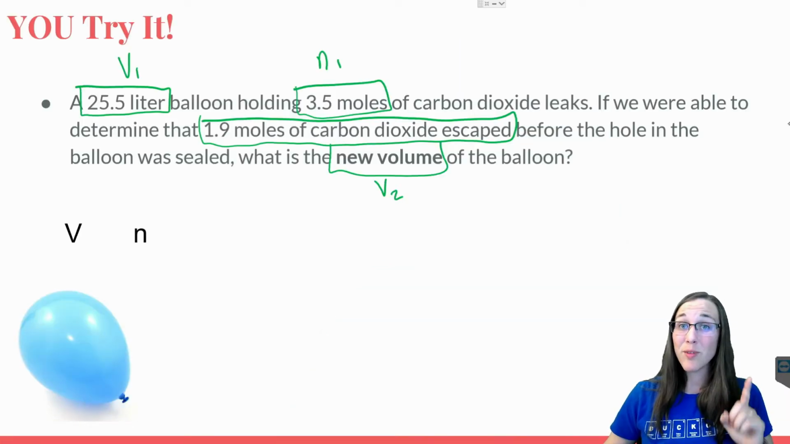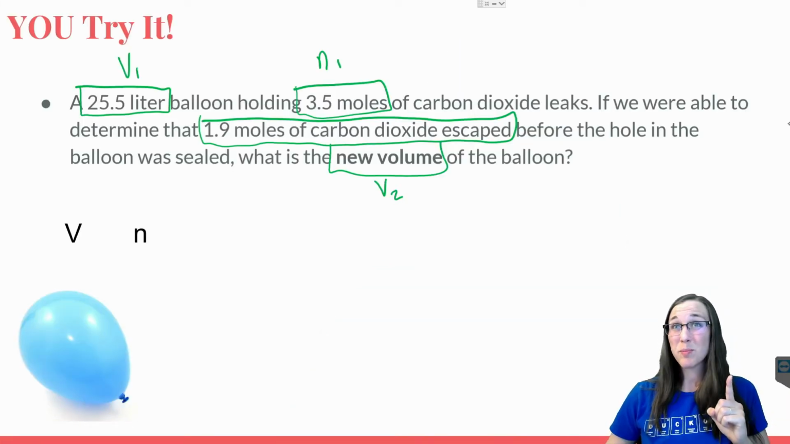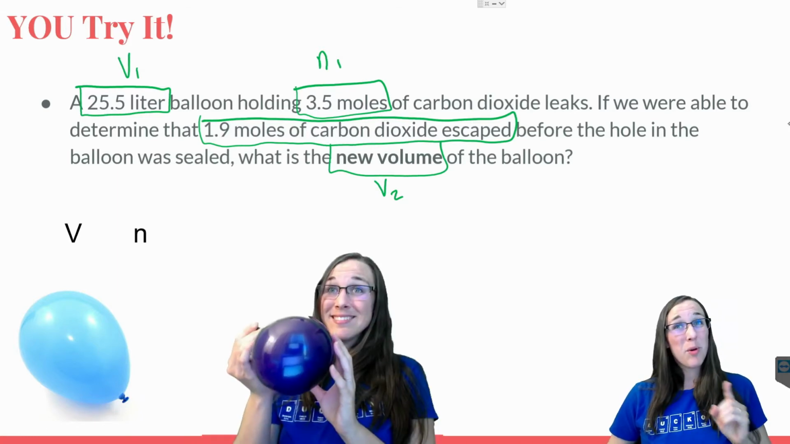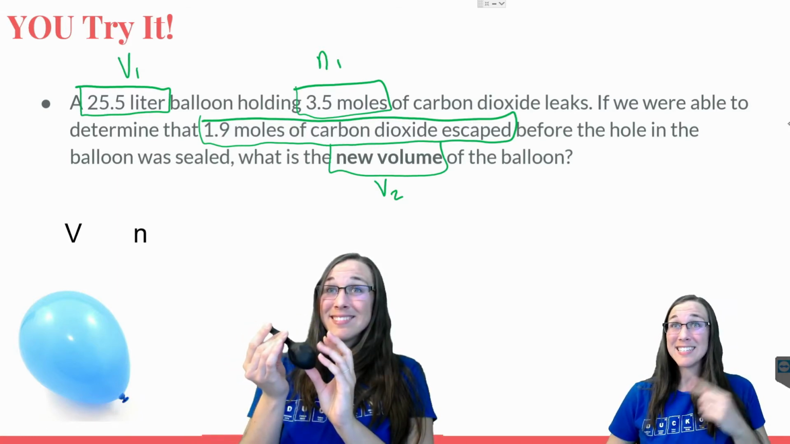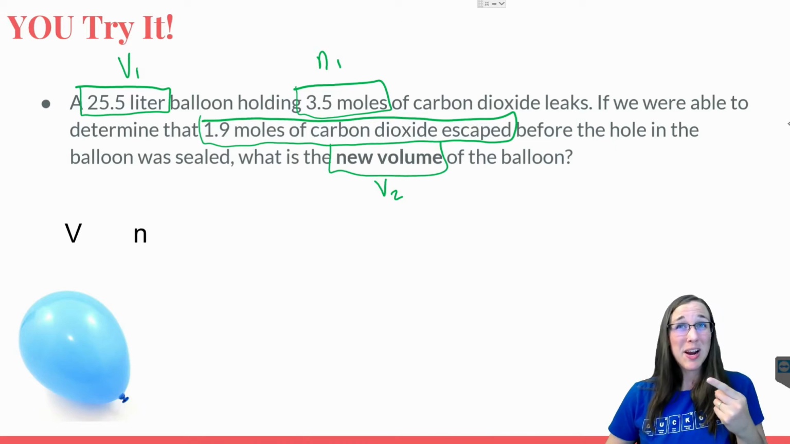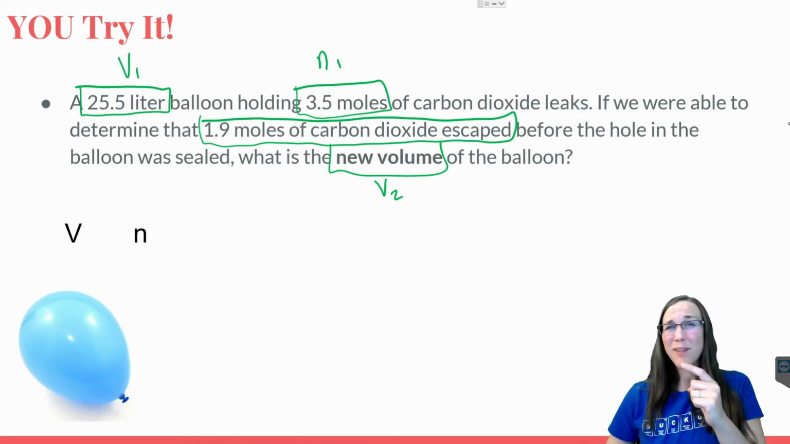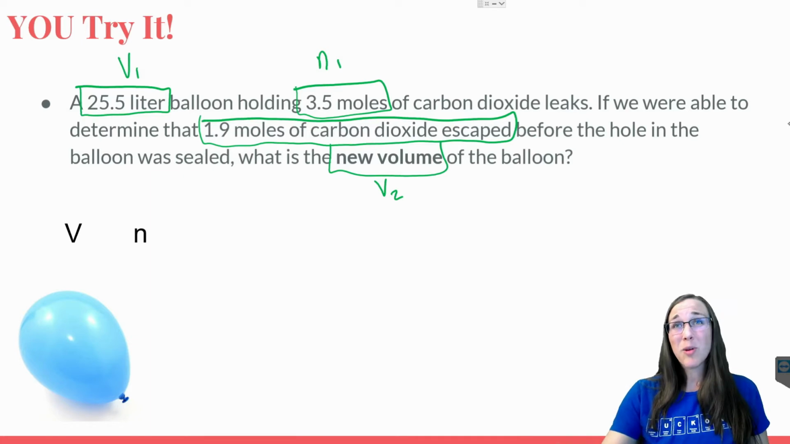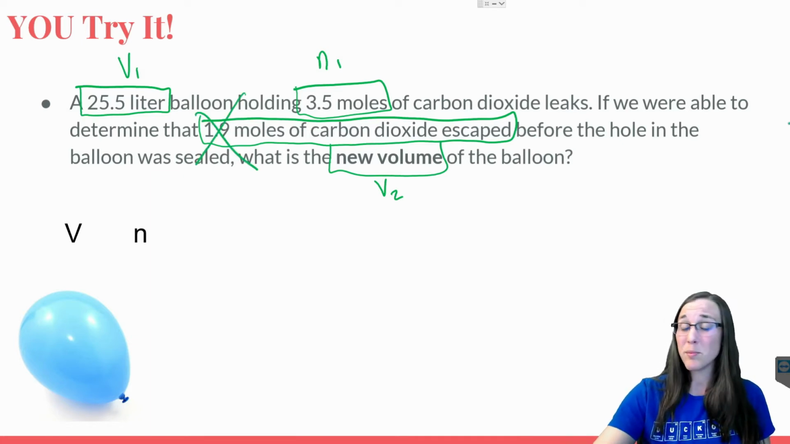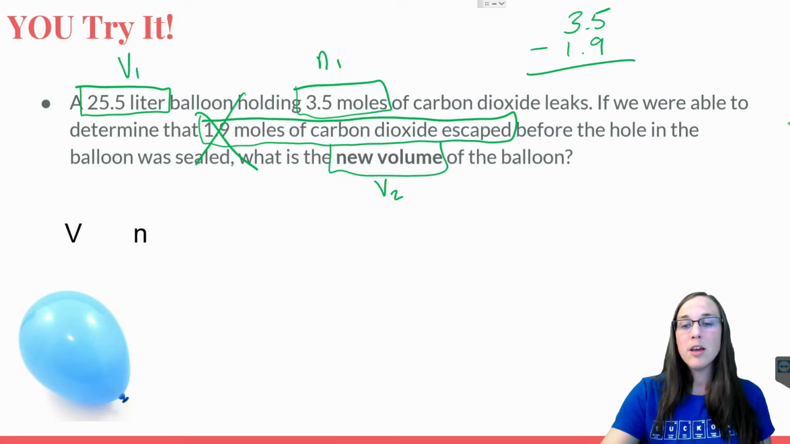Let's check your math. Before we do any math here, recognize that the semantics of this word problem are a little different. It's saying that 1.9 moles of carbon dioxide gas escaped. That means we still need to figure out how much is left inside the balloon after the 1.9 moles escaped. So our N2 value is not this 1.9 moles. Our N2 has to be 3.5, what we started with, minus our 1.9, what got leaked out of the balloon. So what we have left in the balloon is 1.6 moles of gas, and that is the value we use